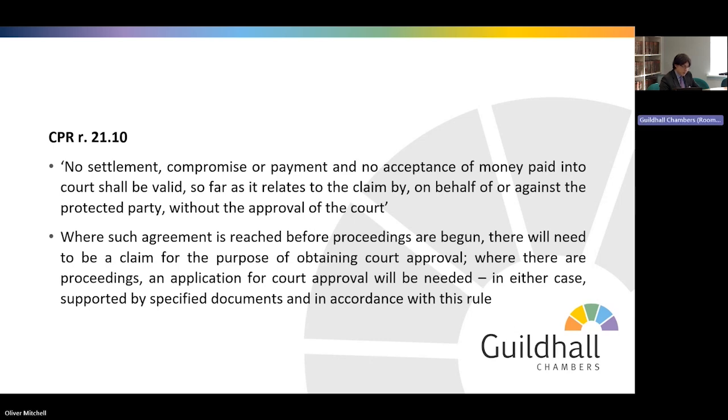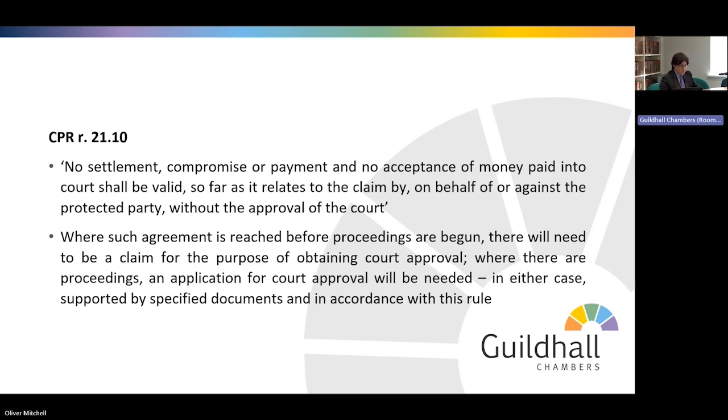Consent order should normally be made in the court form N292 or similar, and in any event, a litigation friend will be needed if there isn't already one appointed. For example, if proceedings aren't on foot but need to be made for approval of the settlement, a litigation friend will be needed. In the case that I mentioned earlier, Dunhill and Bergin in the Supreme Court, that was a